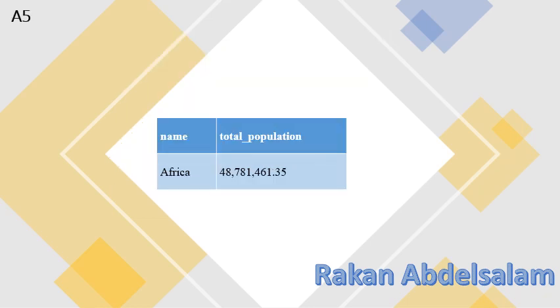In A5, what is the average population for all countries in Africa in a period of 10 years between 1990 and 2000? In this table, we can find the population average over the period of 10 years. The average population in Africa between 1990 and 2000 is near 49 million. This number can be used to determine the average population per country and the average GDP per capita of the